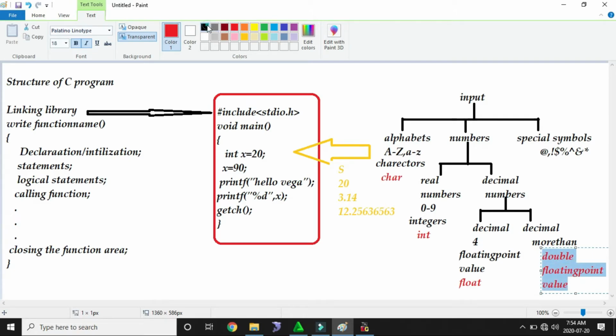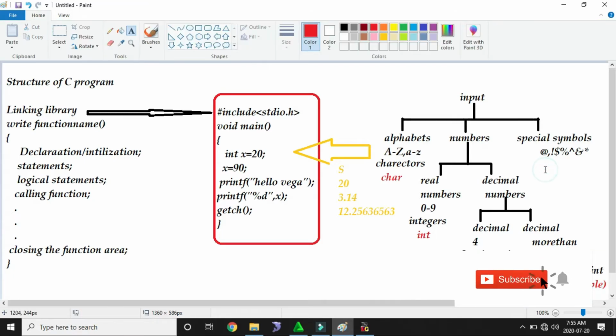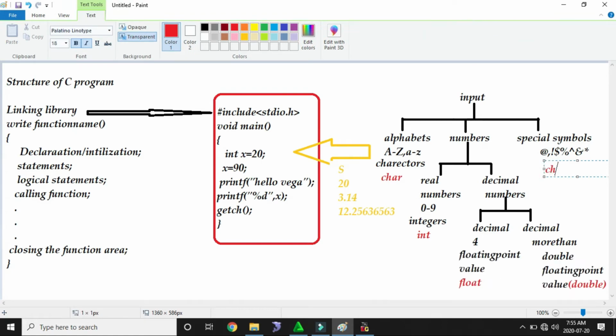They gave it the keyword double. And special characters they gave as characters.